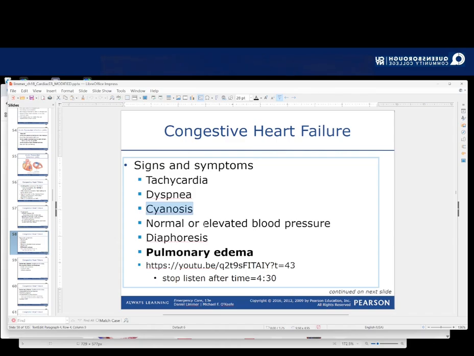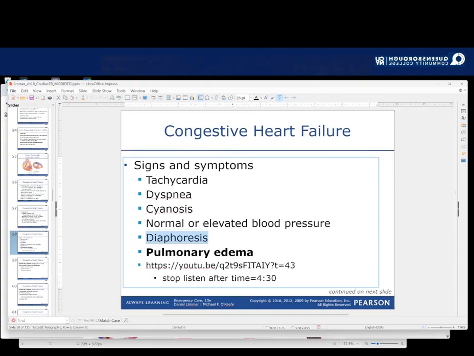Their blood pressure is elevated, typically because that's what's causing the congestive heart failure to begin with. They're sweating like crazy because they're panicking. They are feeling themselves suffocating. Here's a video of